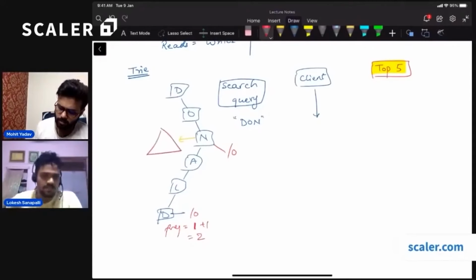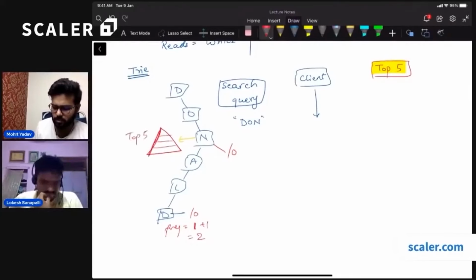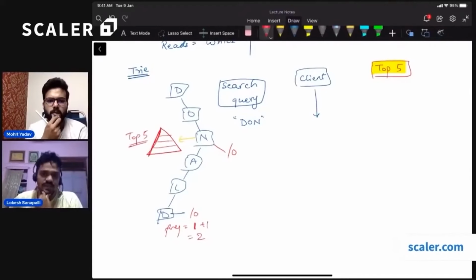Are you sure you'll use a max heap for finding the top five? Here we need the top in decreasing order of popularity, so every time I remove the maximum at the